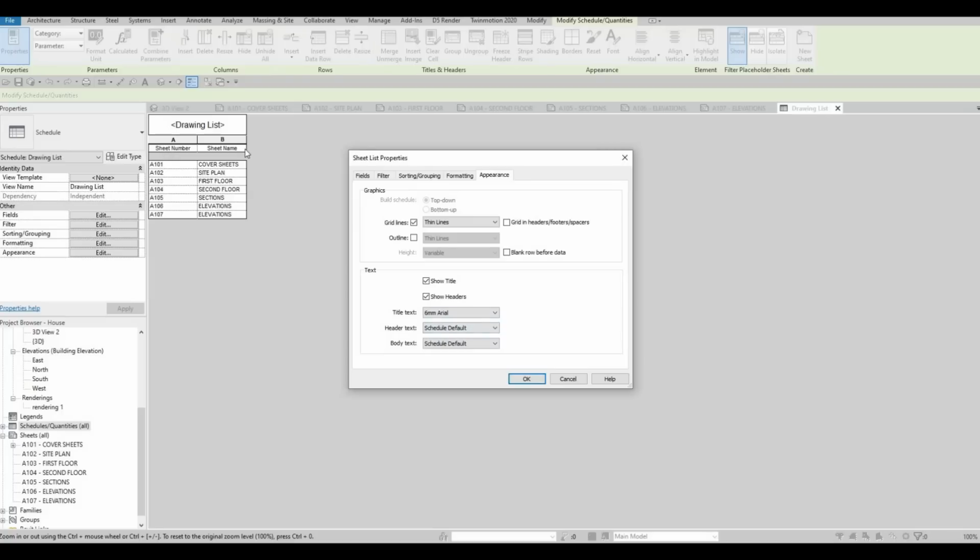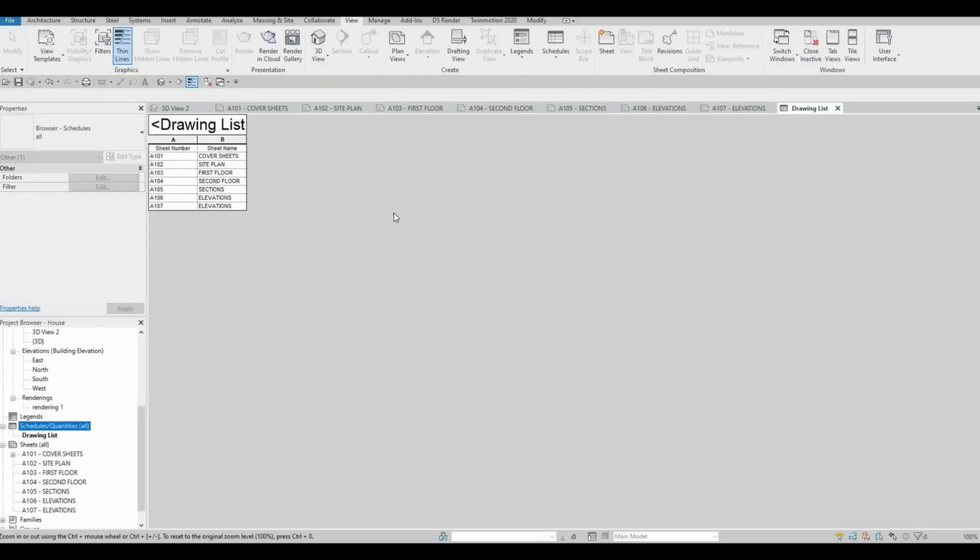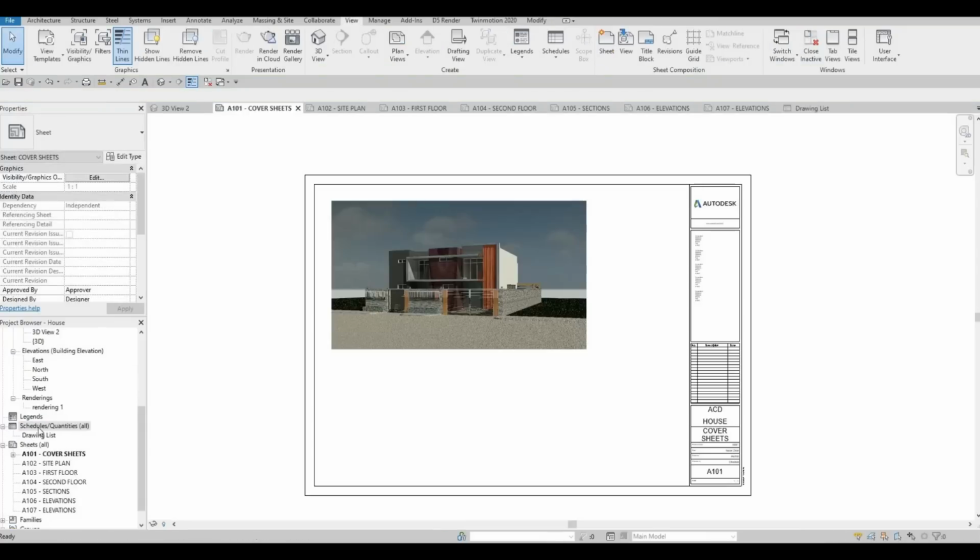And then we have the header text, which is this one. We can make this one bigger as well, so around 5. And then we have all of this, the body text. So we could just put it at standard 2.5 millimeters Arial. And then after that, you press OK. Now it created this. So now, if you go and open up this, go to your cover sheet, and then